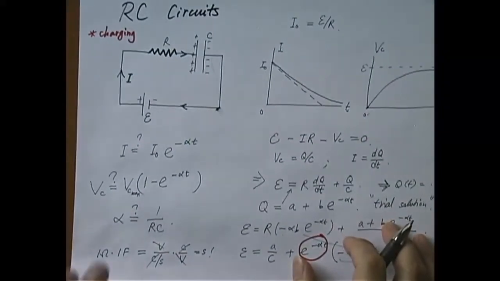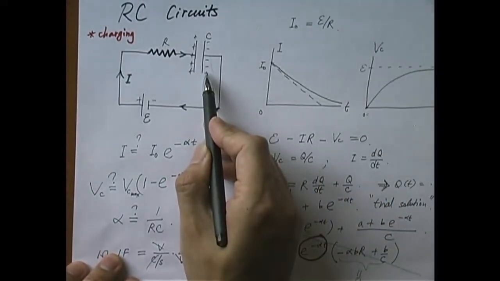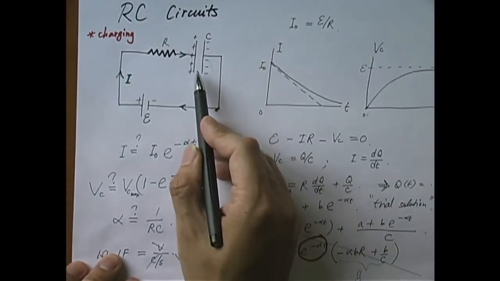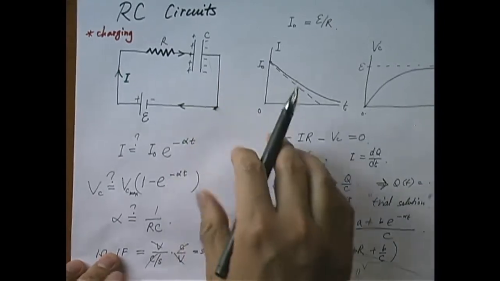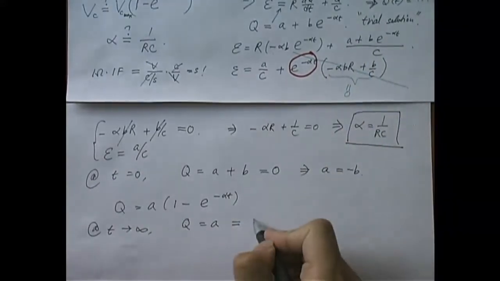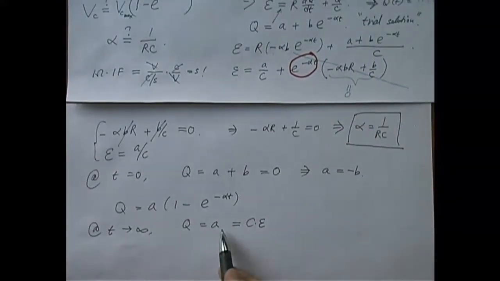If the capacitor is fully charged, how much charge do we have? It should be charged such that the potential difference across these two plates is now what? Epsilon, right? But if that's epsilon, then how much charge should be deposited on it? Should be C times epsilon, shouldn't it? So q at that moment, when it's fully charged, is C times epsilon. That tells you what A is. A is C times epsilon. There we go. So all in all, q equals C epsilon times 1 minus e to the negative